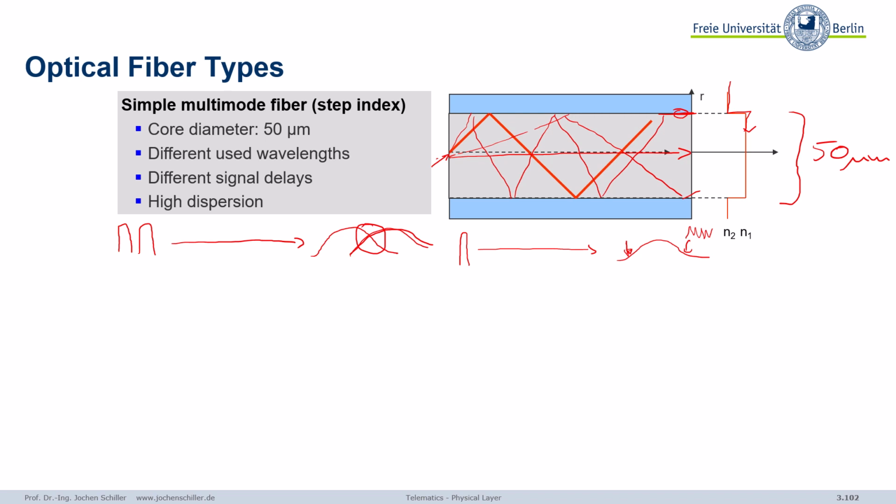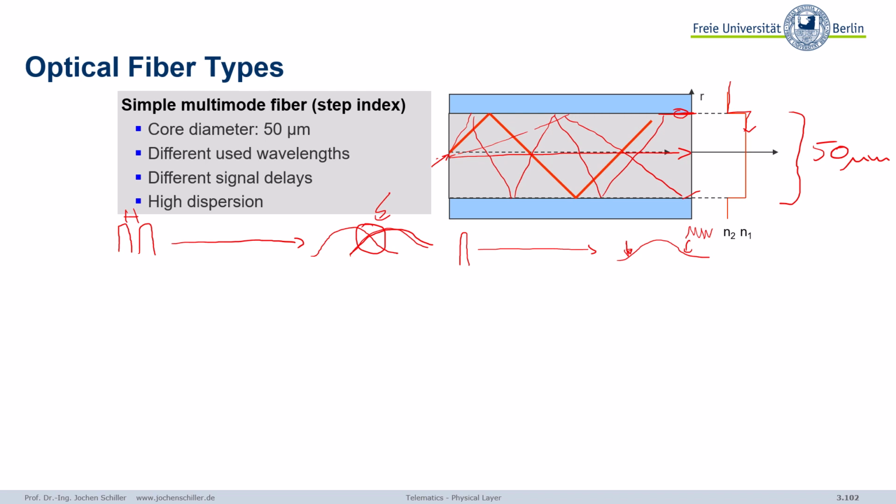And this overlapping may cause errors. And this limits the distance of different pulses. Because if the pulses come too close together, you will have more and more overlapping pulses. So this is why you have to separate the pulses. And that lowers the data rate. So this is why